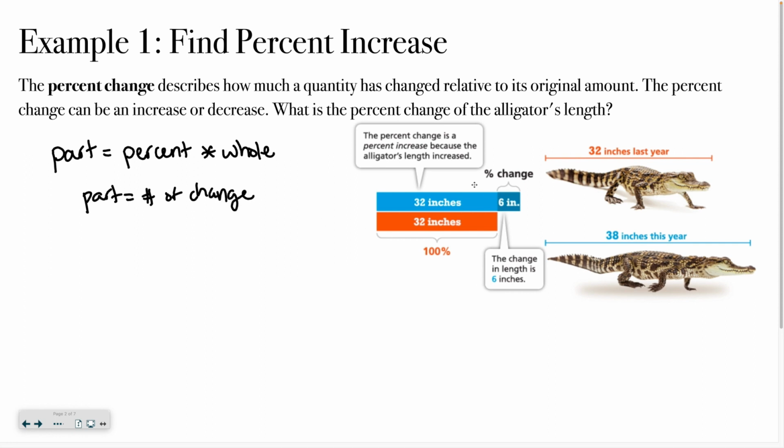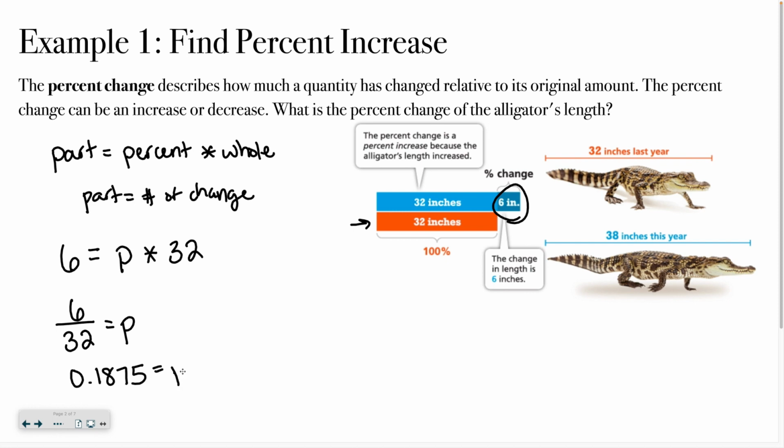So in this case, originally the alligator's length was 32 inches, but this year it is 38 inches. That means that it grew 6 inches. So in this case, our part is going to be 6 equals, and then we don't know what our percent is, so I'm just going to use a variable. And then our whole, what was the original? It was 32. And then just like yesterday, in order to get that 32 over to the other side, you would divide. So 6 divided by 32 equals our percent, and 6 divided by 32 is